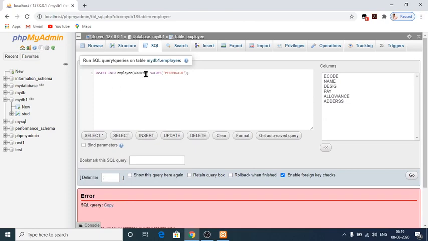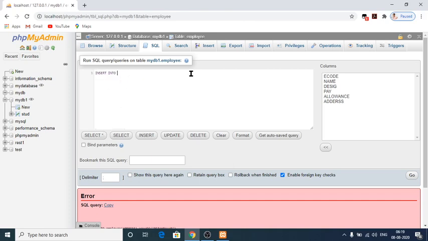Insert into employee address values Perambalur. So everything is correct, but it shows an error. So let me execute first itself.